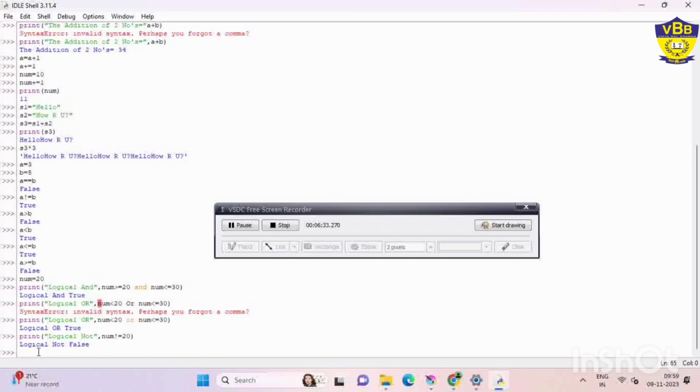Otherwise they will not be executed. In if else, if the condition of the if statement is false, then the else part will be executed. And elif means the elif statement allows you to check multiple expressions for true and execute a block of code as soon as one of the conditions evaluates to true.